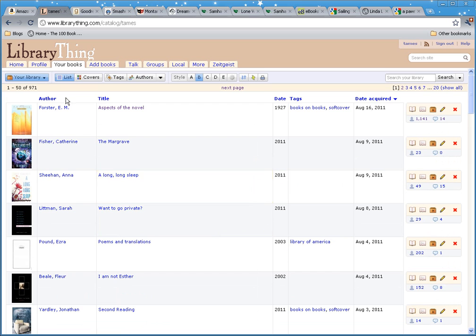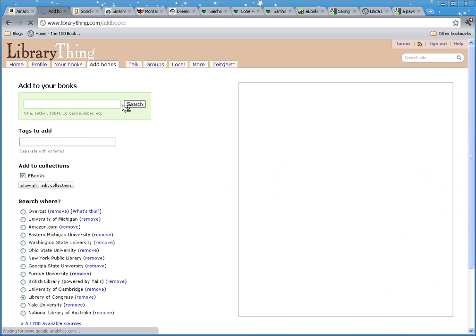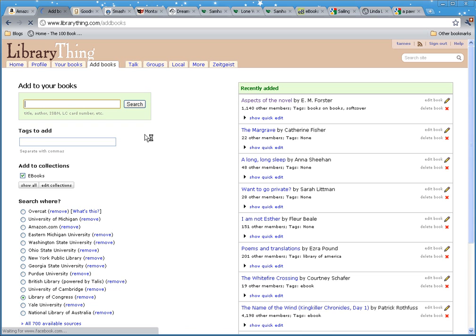add a book. Now, the adding a book is really flexible in that LibraryThing doesn't limit where you can get a book from. Like Goodreads, for example, you have to be a librarian or something like that in order to add a new book. I don't remember how all that works, but